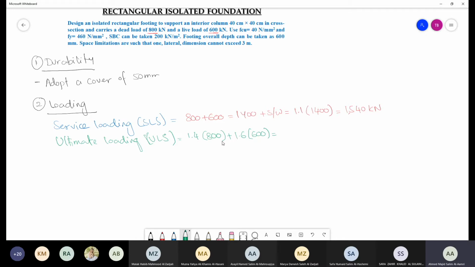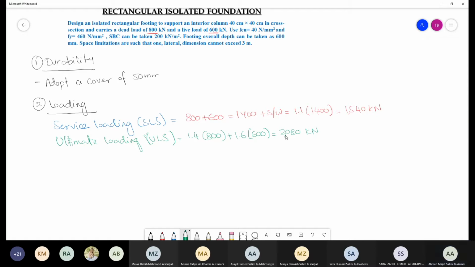Can you give me the value here, or shall I calculate it? Okay, so we have our value to be 2,080 kilonewton. So we had two values, one which will be used for the area,